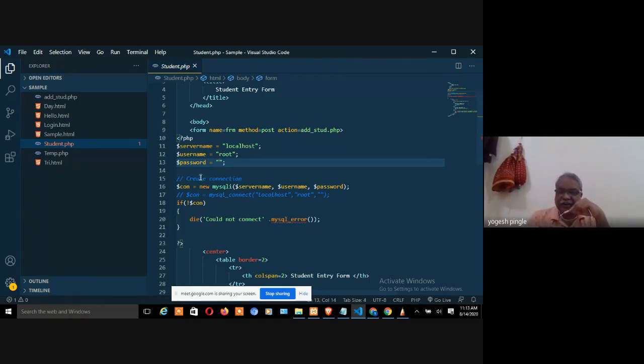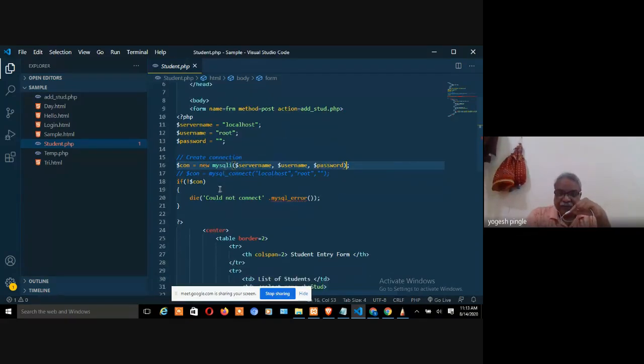I have not added the database over here. Same code. Why? Because I have to understand the purpose. Let's see whether the code works if I apply it on my side. So let's create a connection. As I told you, dollar server name, this is a variable name. The dollar is nothing but the variable name. If I just move the mouse, you will come to know. And I have passed the value in double quotes, that's why it is saying that it is a string.